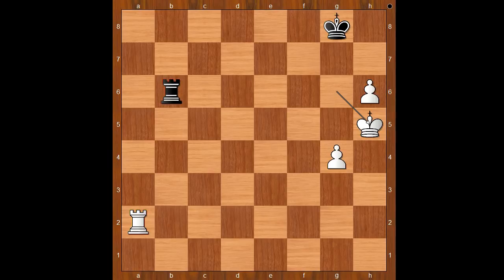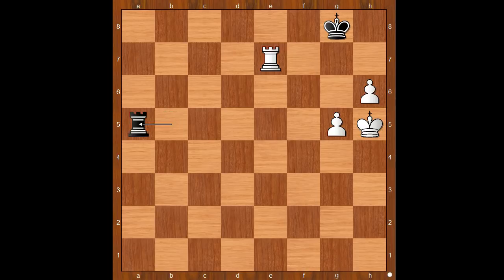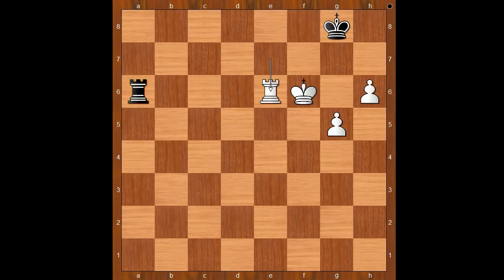For entertainment purposes I will show you just one line. Rook to b5 check, g5, king to h7, rook to a7 check, king to g8, rook to e7. You will see the reason for this move very shortly. Rook to a5, king to g6, rook to a6 check, king to f5, rook to a5 check, king to f6, rook to a6 check, rook to e6, shielding the king, rook to a8, g6,